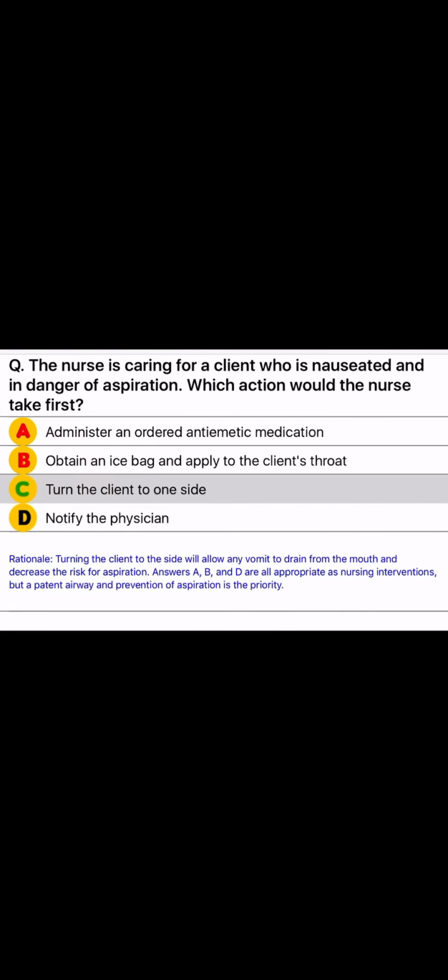Q. The nurse is caring for a client who is nauseated and in danger of aspiration. Which action would the nurse take first? A. Administer an ordered antiemetic medication. B. Obtain an ice bag and apply to the client's throat. C. Turn the client to one side. D. Notify the physician. Rationale. Turning the client to the side will allow any vomit to drain from the mouth and decrease the risk for aspiration. Answers A, B, and D are all appropriate as nursing interventions, but